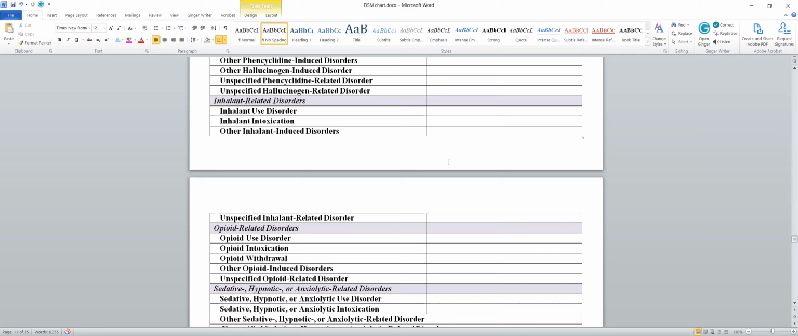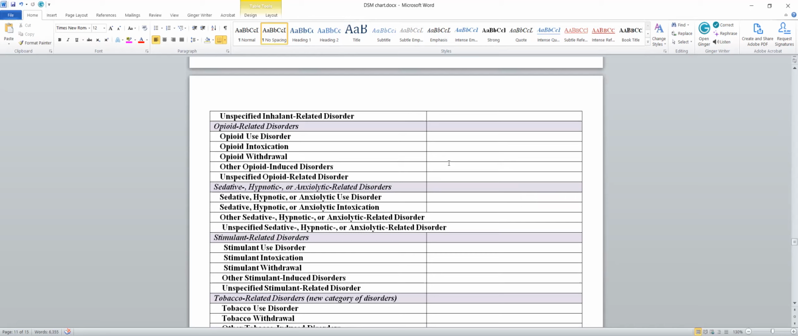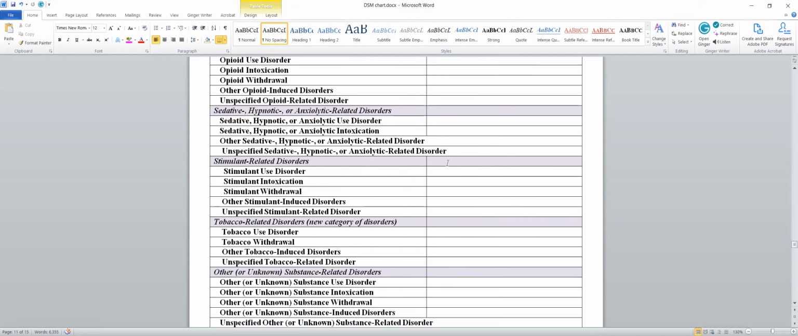Inhalant-related disorders, inhalant use disorder, inhalant intoxication, other inhalant-induced disorder, unspecified inhalant-related disorder, opioid-related disorders, opioid use disorder, opioid intoxication, opioid withdrawal, other opioid-induced disorder, unspecified opioid-related disorder, sedative, hypnotic, or anxiolytic-related disorders, sedative, hypnotic, or anxiolytic use disorder, sedative, hypnotic, or anxiolytic intoxication, other sedative, hypnotic, or anxiolytic-related disorder, unspecified sedative, hypnotic, or anxiolytic-related disorder,